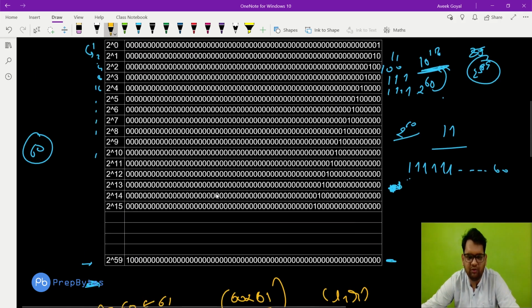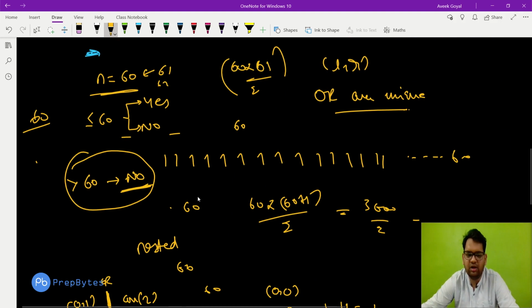The important point of observation was this only, the length 60. Now we can use 60, 61, 62, 64, 70, 100, any of the n values, because we are doing n square, but since n is so small, it is still in our 10 to the power of 8 range in 1 second, therefore it will be accepted. Okay, I've tested with this limit of n equals 60 and it works.